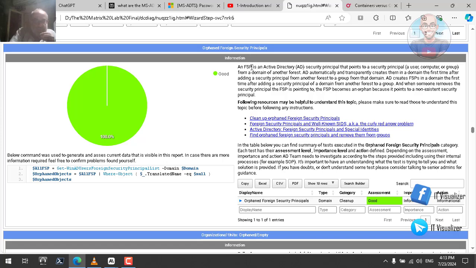It's saying that an FSP, or foreign security principal, in Active Directory is a security principal that points to a security principal, a user, computer, or group, from a domain of another forest. AD automatically and transparently creates them in the domain the first time after adding a security principal from another forest. Anyway, so in very, very simple terms, when you need to give access, remember, for example, when we were talking about,